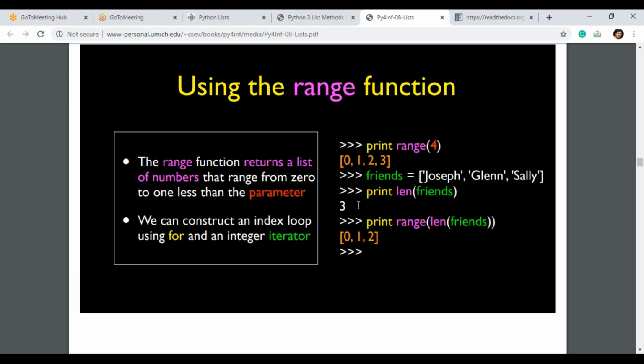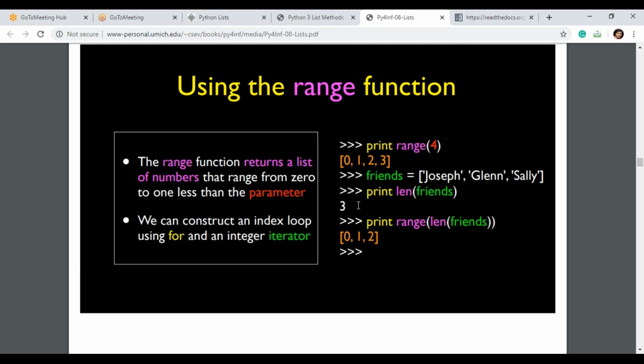Next, we can construct an index loop using a for integer iterator. For print range of 4, we get 0, 1, 2, 3. Next, friends is equal to Joseph, Glenn, Saleh. Then print length of friends. How many are there? 3 only, so 3 will be displayed on your screen.